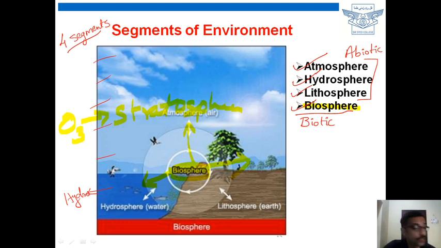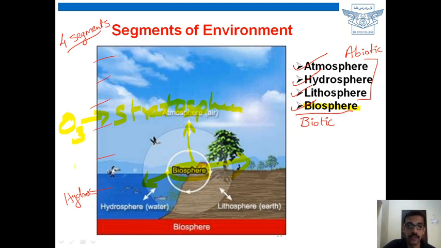What is the role of the atmosphere? It prevents the harmful rays from entering the Earth's surface. Okay, that is one of the major roles by means of the ozone layer. Then it also acts as the source of oxygen for living organisms, and the source of carbon dioxide for plants. That's also another role. Then it is a vital carrier of water from oceans to land as a part of